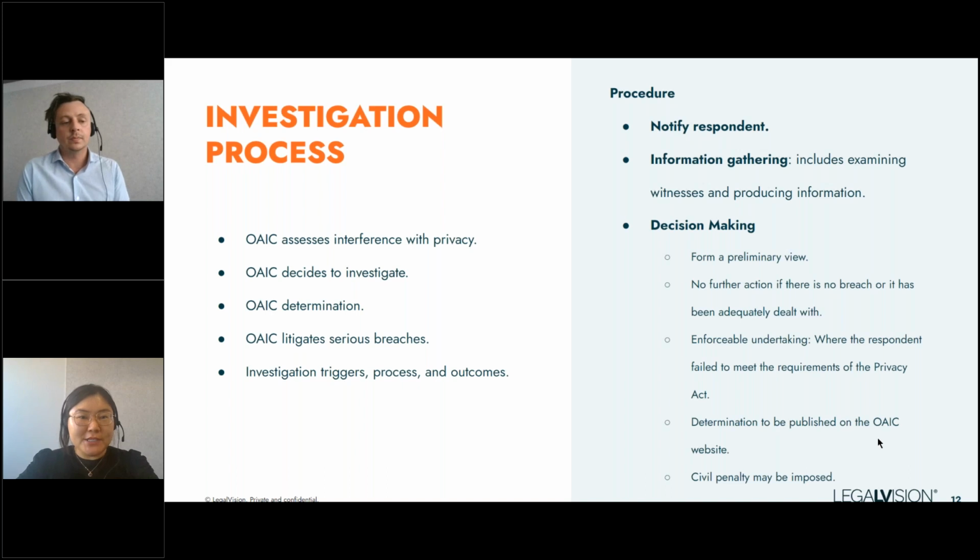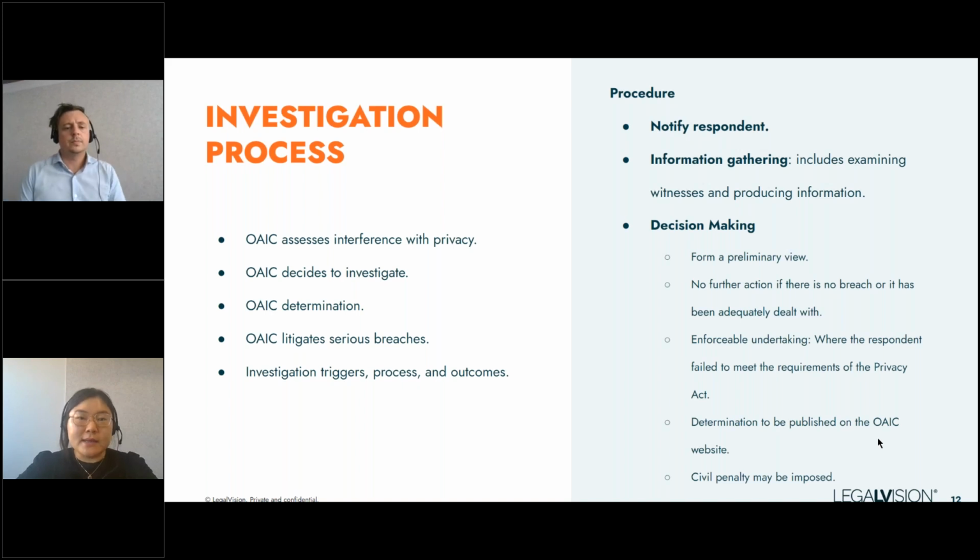So as Shannon's mentioned, when there's been an allegation of data breach, the Commissioner may decide to investigate where the Commissioner thinks that there's been a breach of privacy or interference with the privacy of an individual, or a potential breach of the Australian Privacy Principles, and it would be desirable to conduct an investigation. So it has a very broad power if it thinks that it is desirable to conduct an investigation. So what happens in a Commissioner-initiated investigation, and what actions could the Commissioner take after the investigation?